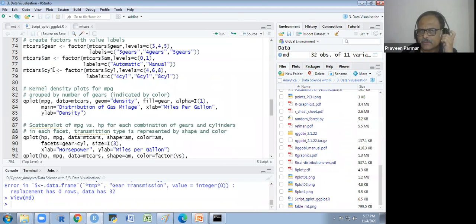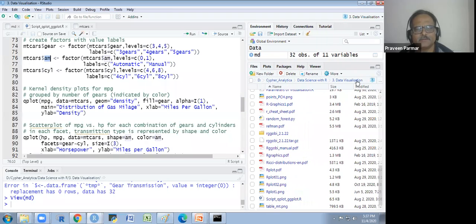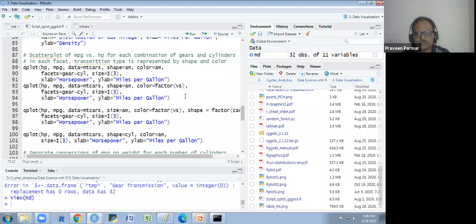We are just converting them into factors, so we are using it. We could not change the name here, but we could change it separately. So I think you understand how to interpret this, as we have created this one.